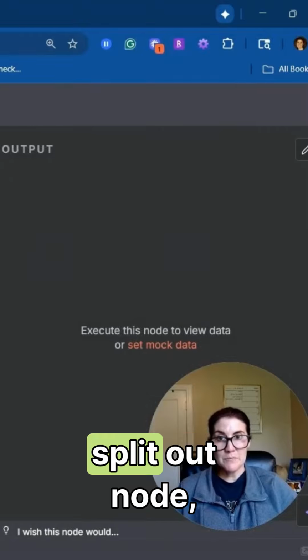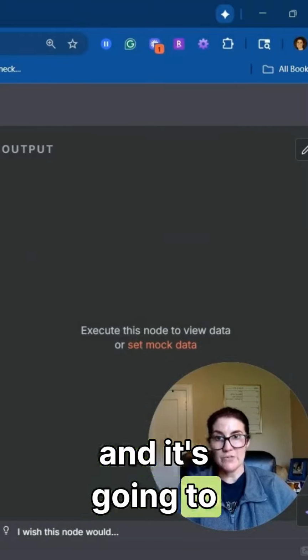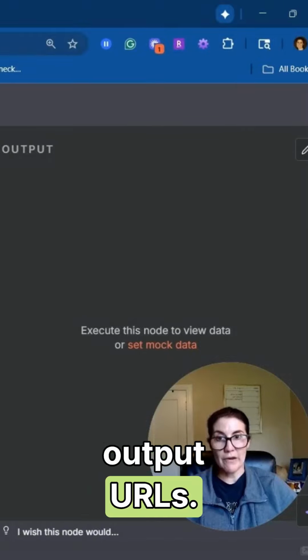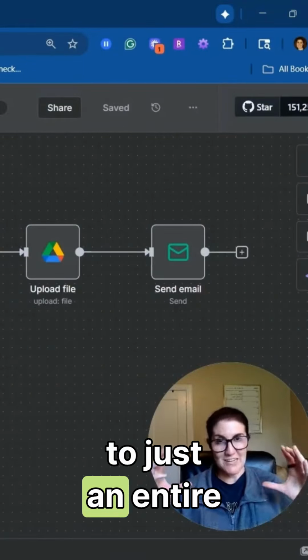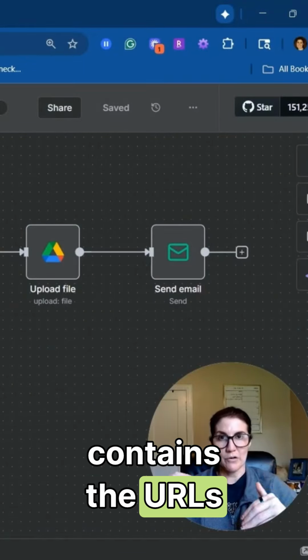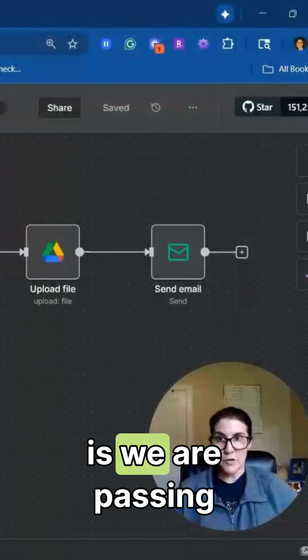Next, we have a split out node, and it's going to split it out by output.urls. And basically that's just splitting it out one item at a time, as opposed to an entire array that contains the URLs within it. And the reason for that is we are passing it on